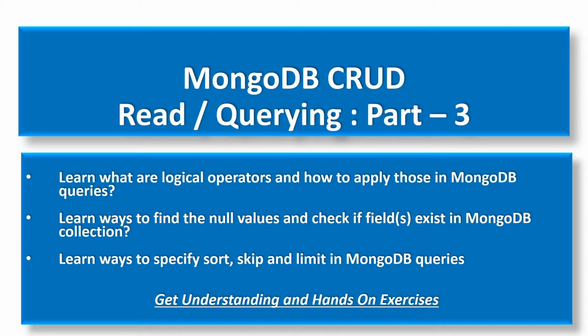You will also see how to apply sort, skip and limit in MongoDB queries, because what I feel is that sort, skip and limit are the key ingredients of a query. Suppose there are millions of rows in our database and we want to fetch some data out of that. Or we want to limit the data, we want only 10 records out of that. How will we do that? Or we want to fetch 10 records from some portion of that, starting at 1000 and going up to the 1010th record. How will we implement that query? That is what we are going to see in this video.